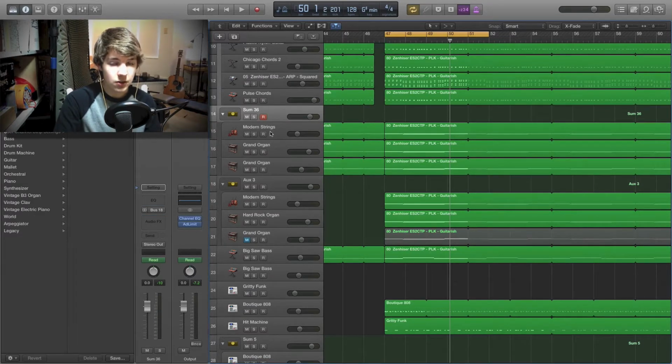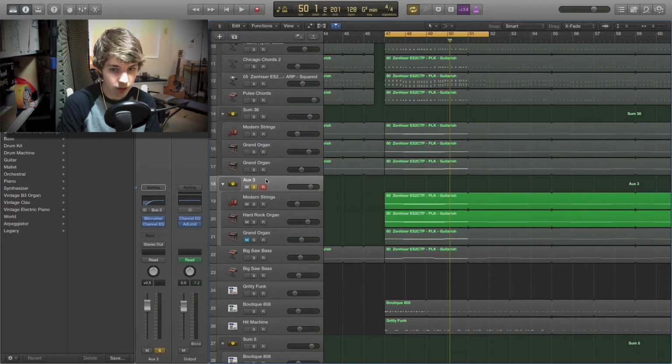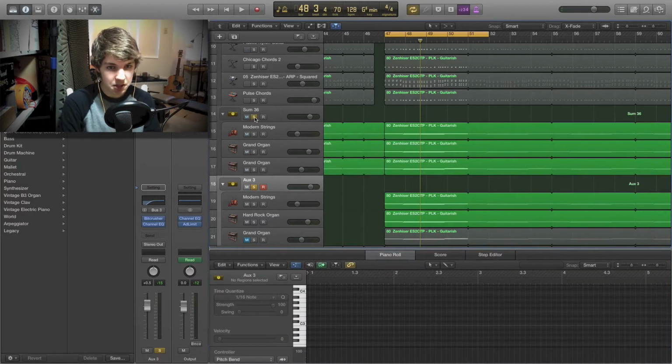And then I duplicated the sum track with the MIDI down in here. Muted one of the organ tracks. And so I have basically these two playing twice, so the strings and the organ playing twice. And I put these through a sum and bit crushed it and high passed it. So that's what this sounds like. Which is super nasty, but when layered with this,